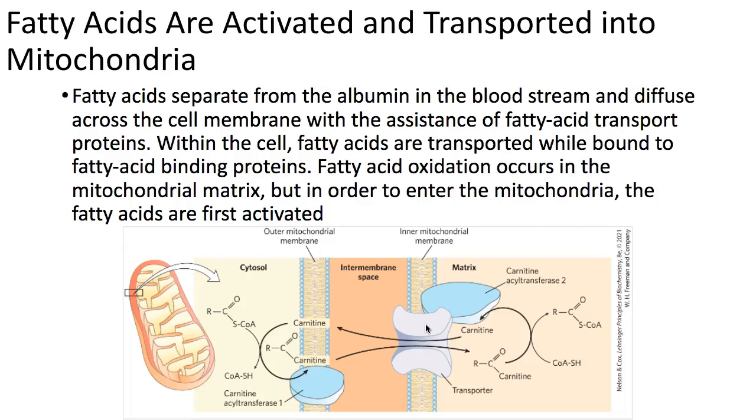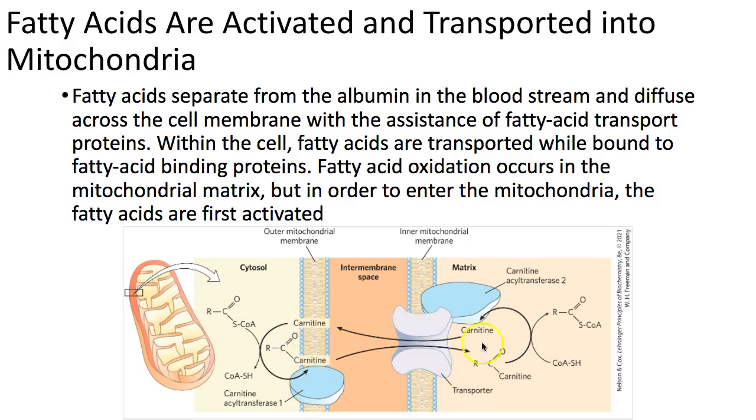So, in order for this fatty acid to actually be transported into the mitochondria, remember that the fatty acid needs to be activated, and how it gets activated is it gets attached to a coenzyme A, and then from there you have this carnitine, which goes through an enzymatic activity where the fatty acid is attached to the carnitine, and then from there,